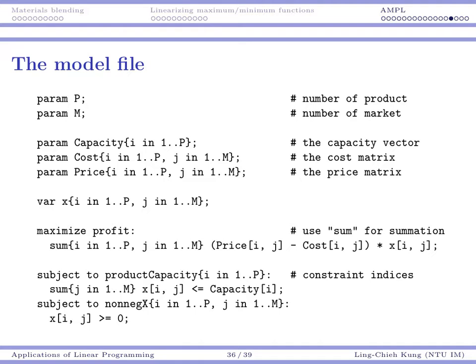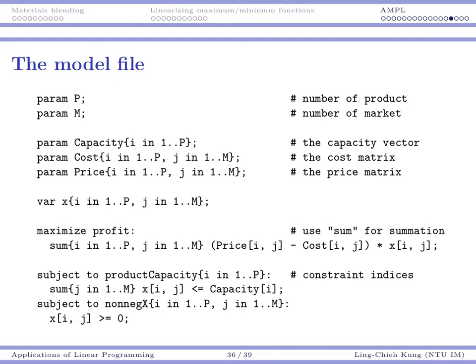But now x is a variable, and later I'm going to access these variables through the indexes. And then I want to maximize profit, and my profit would be the sum over i and j, such that for each i and j, I calculate this particular value. Okay, this part is your Pij minus Cij times your Xij, and the sum of them should be expressed with